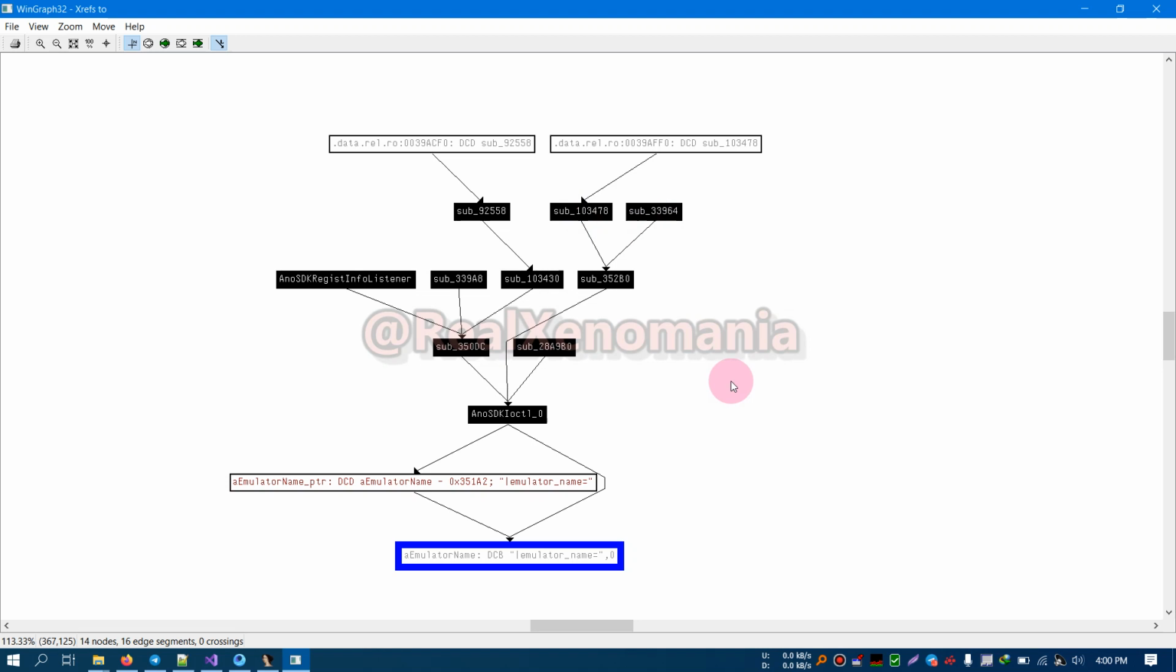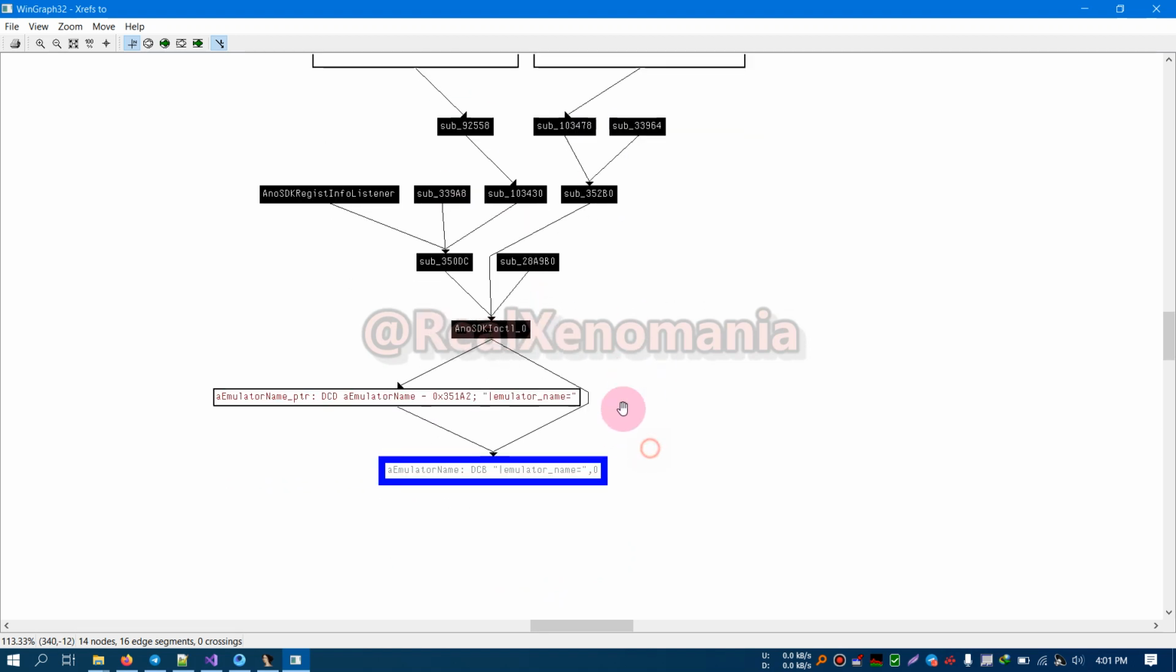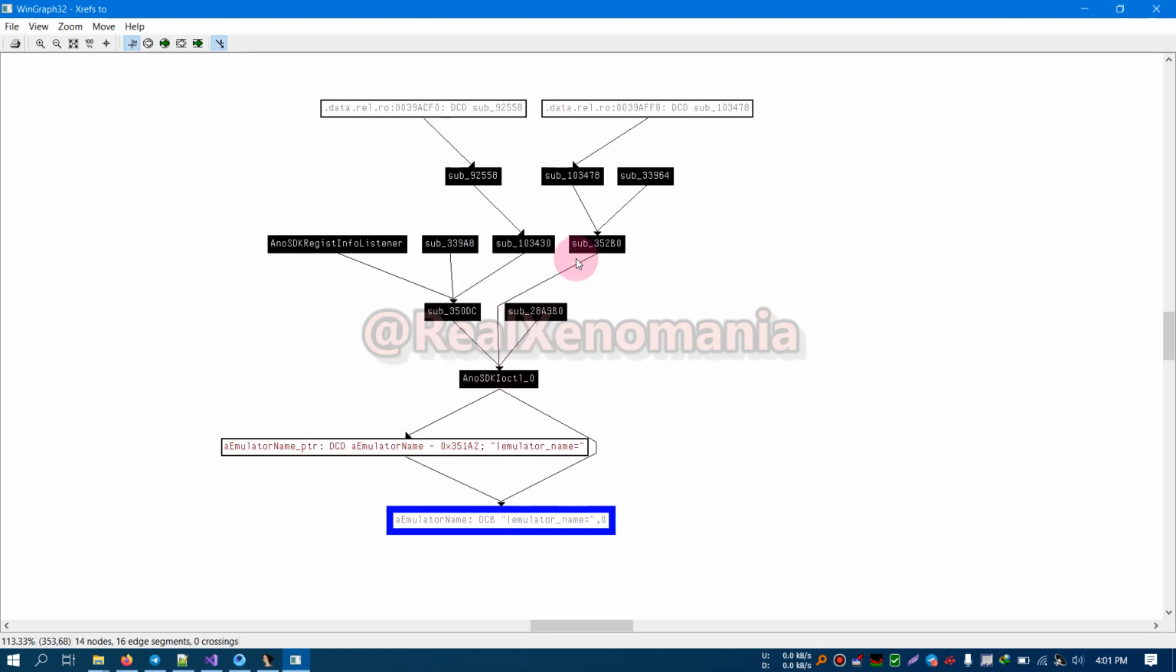And some of you would have heard that there is a powerful method of patching DCD variables. So this is a DCD variable sub 103478. If you patch this sub, it will not be able to call this function, so this path will get disabled, but this path will still be enabled, and this will effectively call this function to check the emulator and then return the emulator name string. So it is all about creativity, where you want to patch, what you want to